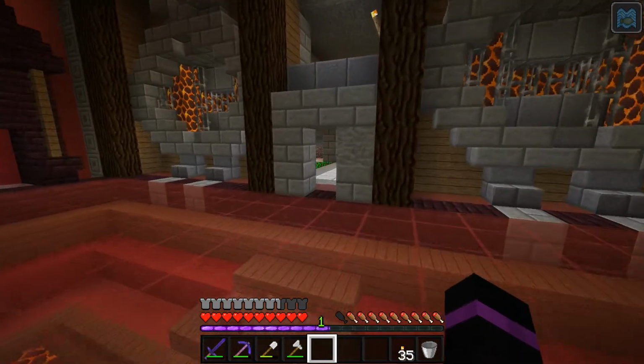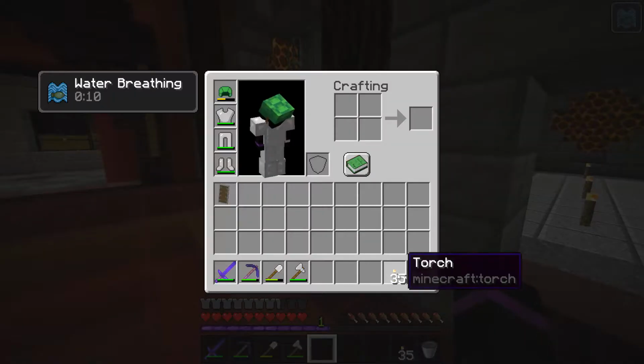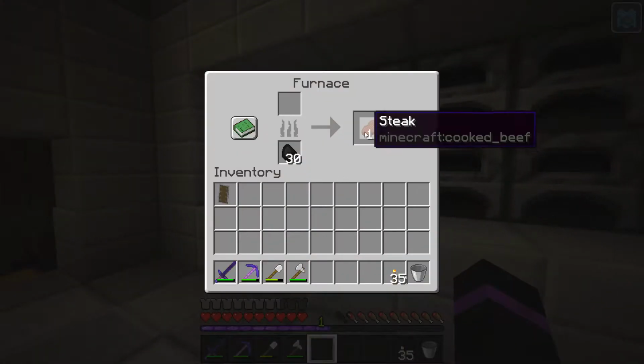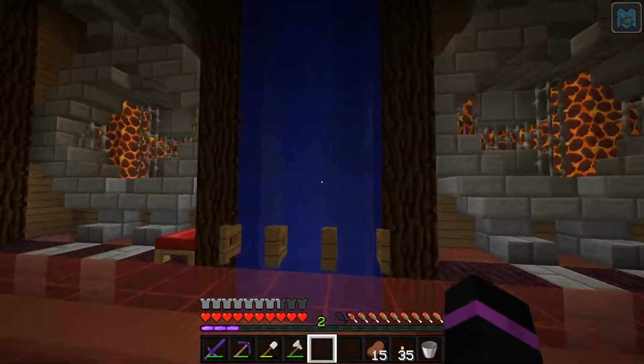All right. Got a little crop farm in here too, because I was getting really hungry, needed some food, which I think I will need some soon. I think I cooked some steak. Oh yeah, okay, we're good. So let's go check the post office box just to make sure there's nothing in there, and we'll get started